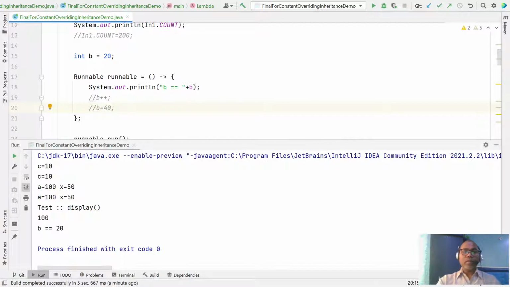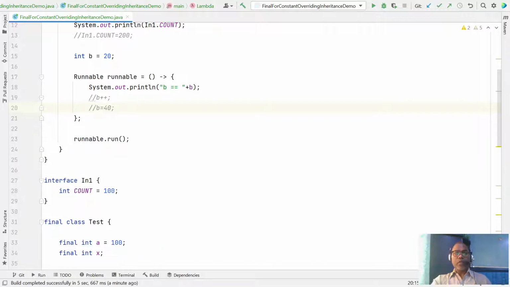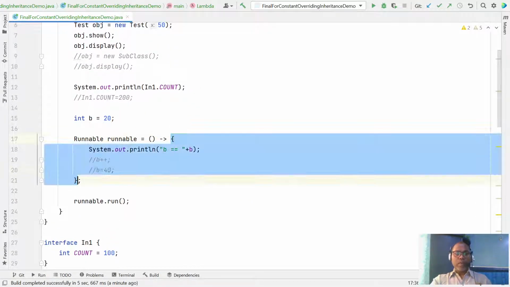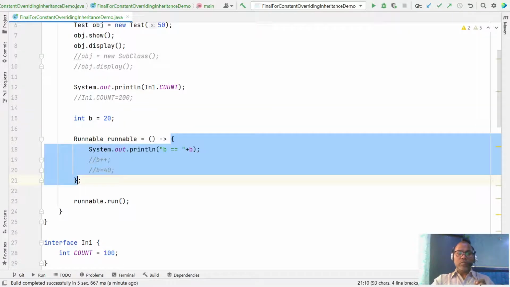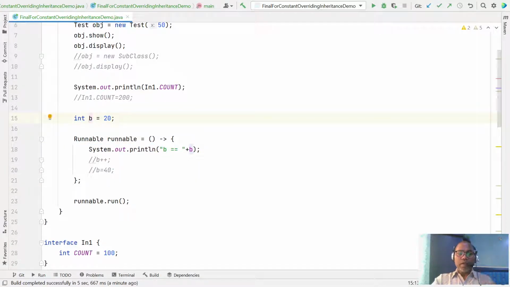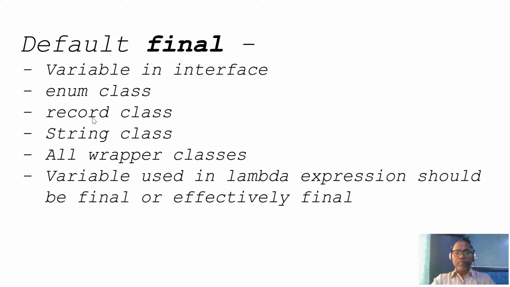So these are some key rules. Please note, whenever you are using a lambda expression and using some variable defined outside of it, ensure that the compiler assumes it should be final. Whether you write final or not, it assumes it's an effectively final variable. So these are places where the Java compiler by default assumes a variable should be final.